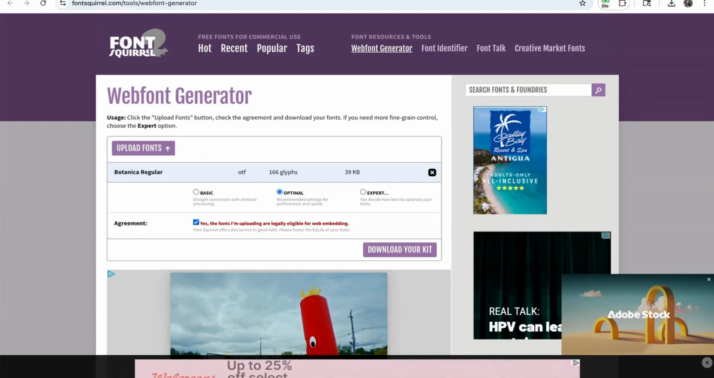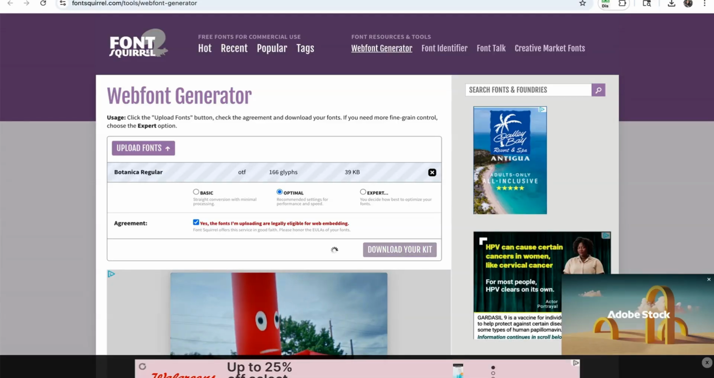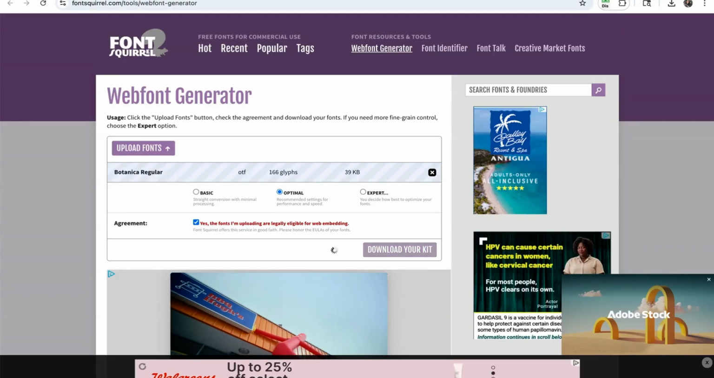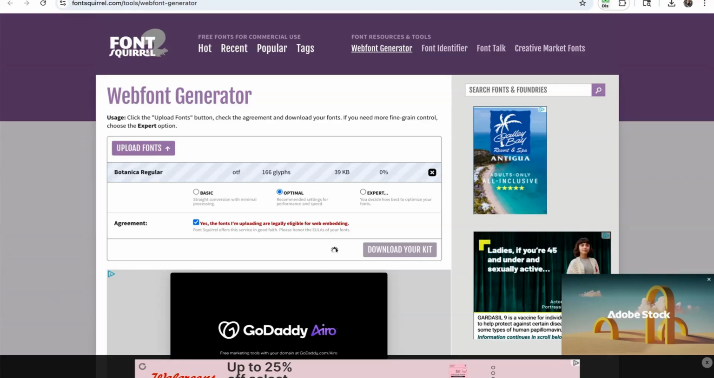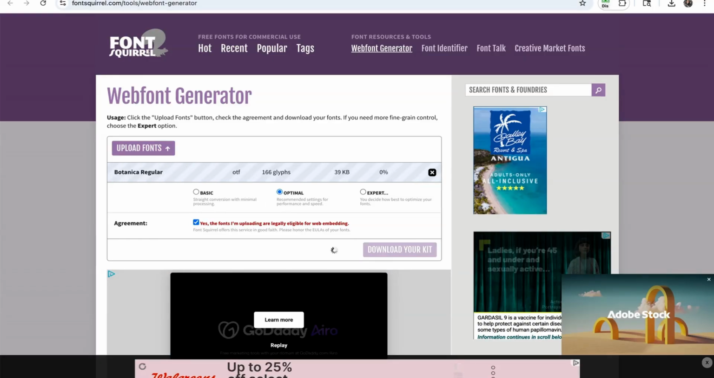Make sure that the agreement is checked, and then you'll be able to download your kit. It's going to go ahead and give you that .waf and .waf2 file for you. And it's as easy as that. All you have to do from there is download, save those somewhere safe to your computer, and keep them for